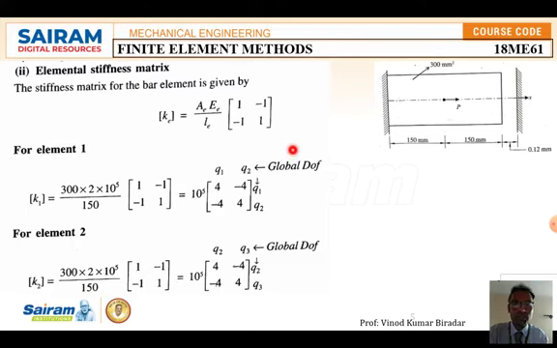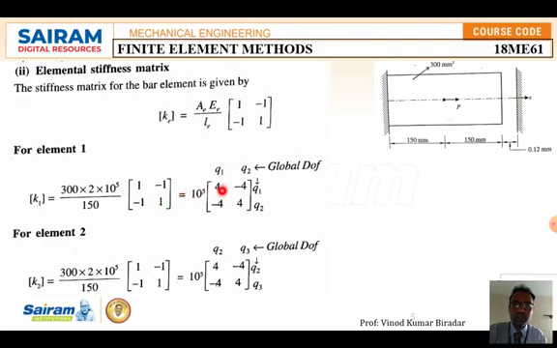using minimum potential energy and the direct method, that is Ke equal to Ae by L times the matrix [1 -1; -1 1]. E stands for the element number. Since there are only 2 elements in this problem, for element 1, K1 is equal to area, Young's modulus and length, which we know. Substitute, and you are going to get 4 into 10 to the power of 5